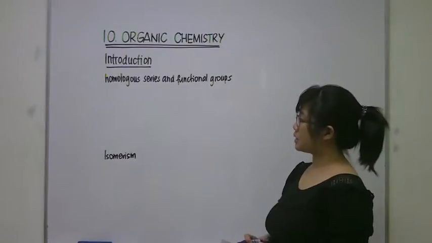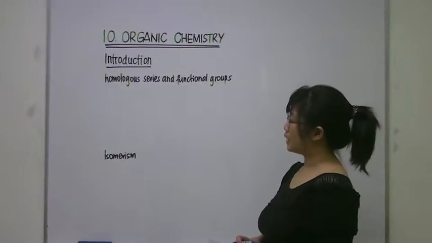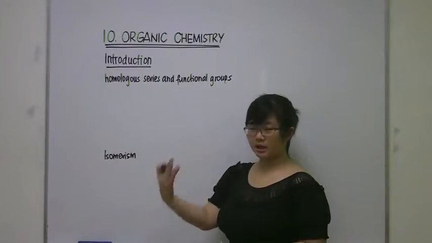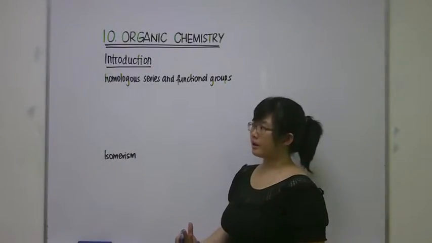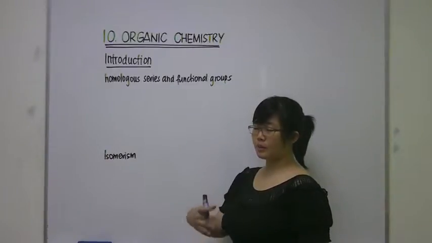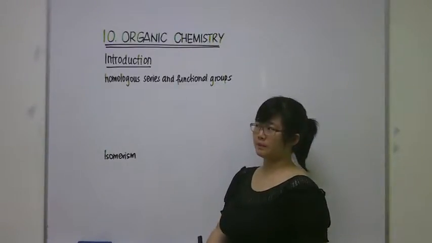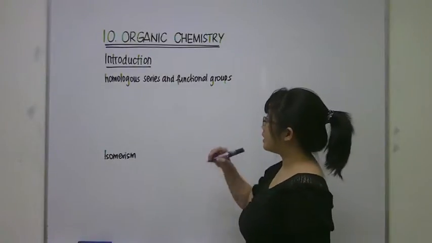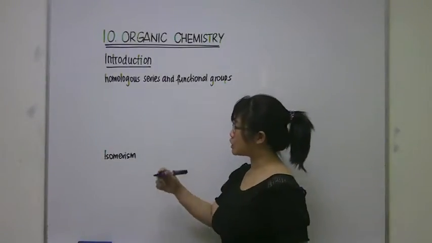In organic chemistry, in the introduction, you need to teach a student about homologous series, the characteristics, like they have the same functional groups, or the members of the same homologous series have similar chemical reactions and stuff like that. And the functional groups that you need to teach them include